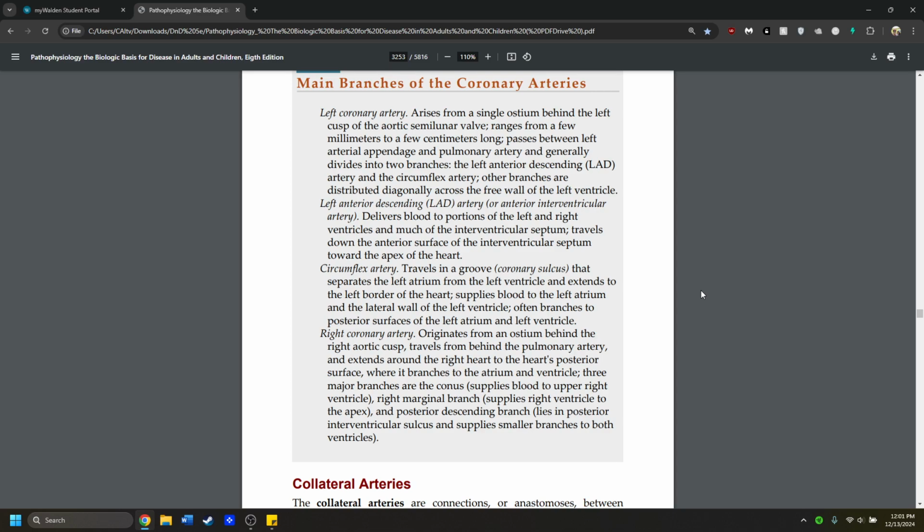Other branches are distributed diagonally across the free wall of the left ventricle. So again, the left anterior descending and the circumflex are all part of the left coronary artery system, whereas the left anterior, so to the front, and descending,